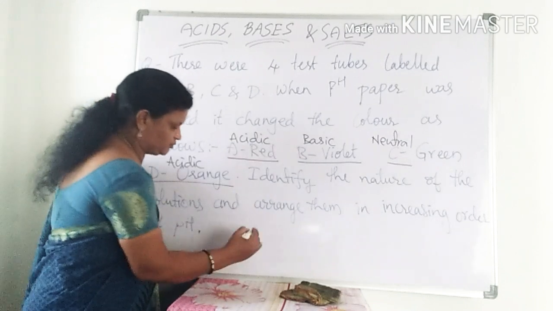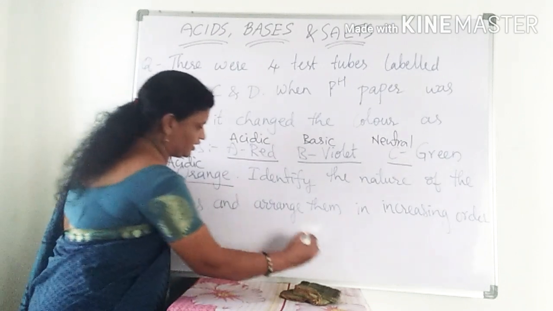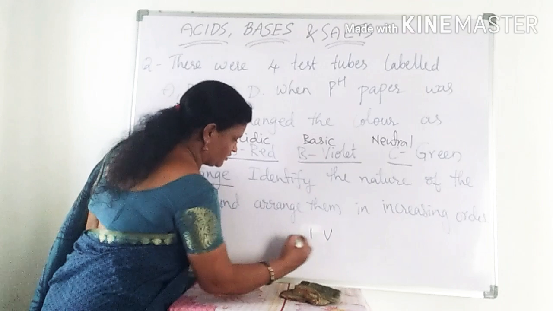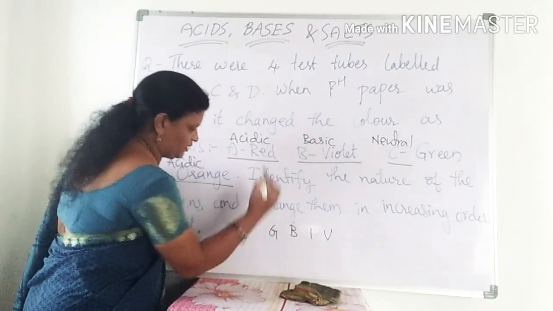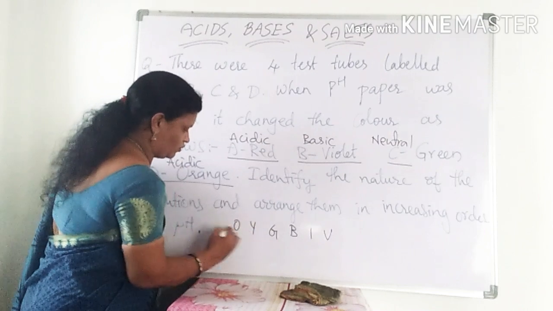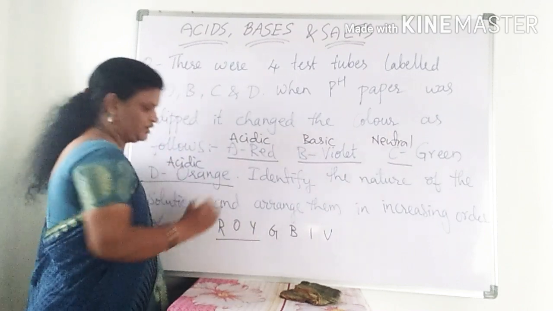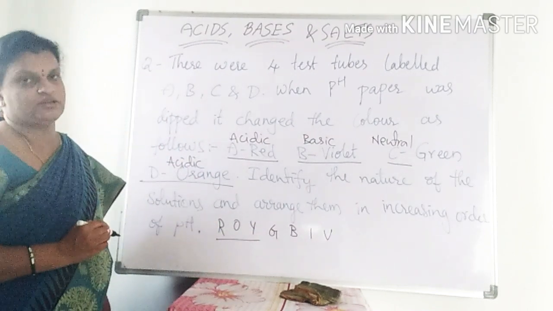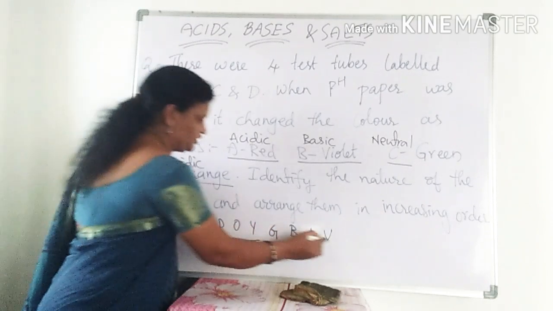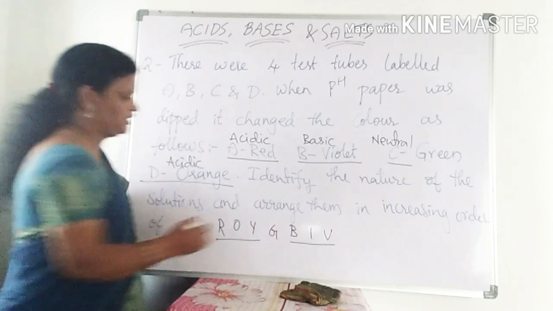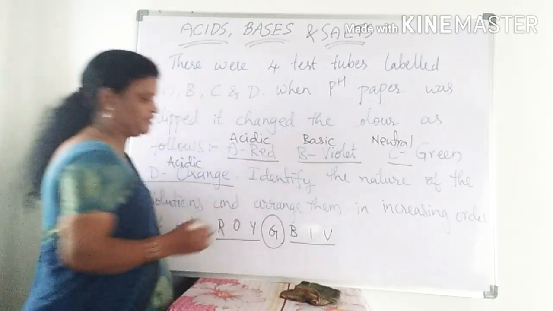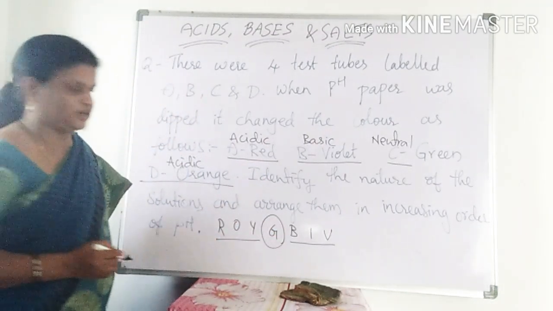So here just observe what we are doing. We are writing this VIBGYOR in reverse order. So VIB, VIBGR, we have to write now, VIBGYOR. So these three colors will show us the particular solution is having the acidic nature, and these three colors will show us that the solution is having basic nature. If you are getting exactly in the middle, that is green color, the solution is neutral, right?